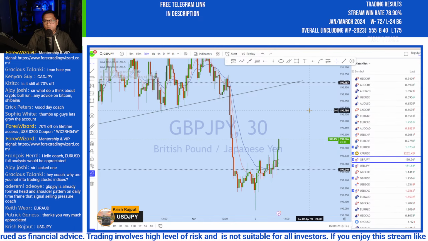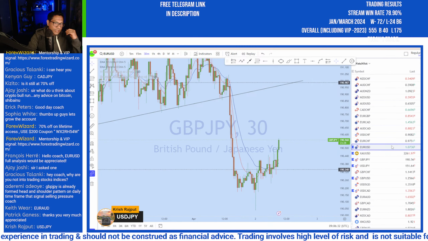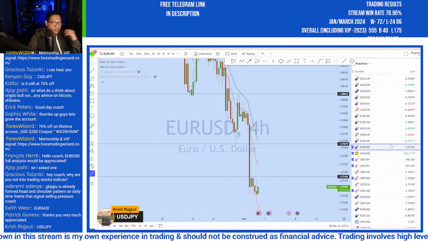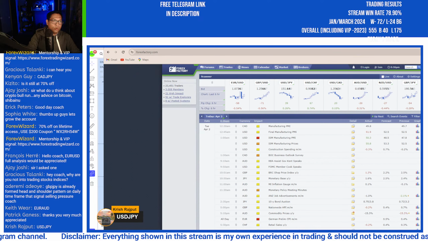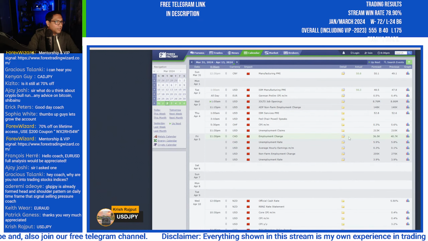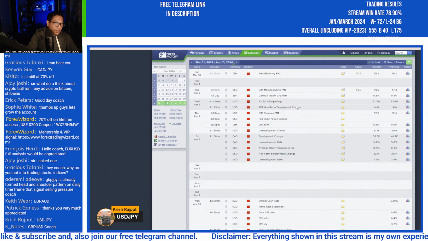Because the reason is very simple, you can see when the data has been released. Let's look at a couple of data releases that have come out and understand how you can use them in your trading, which is very important for a trader to look at. So if you look at the calendar on Forex Factory, what do you see? JOLTS job openings, ADP non-farm employment change. Now if you look here, what do you see?